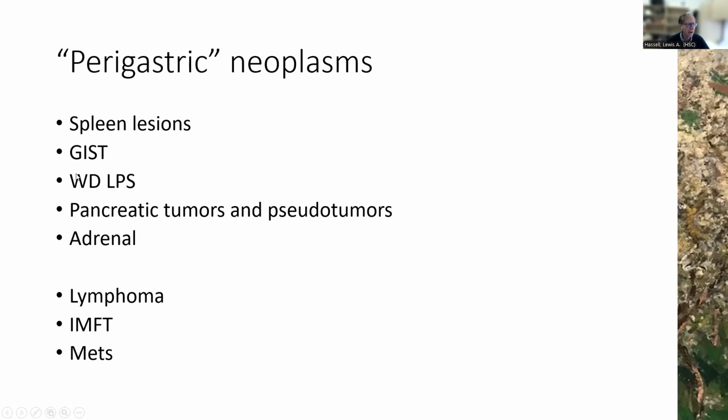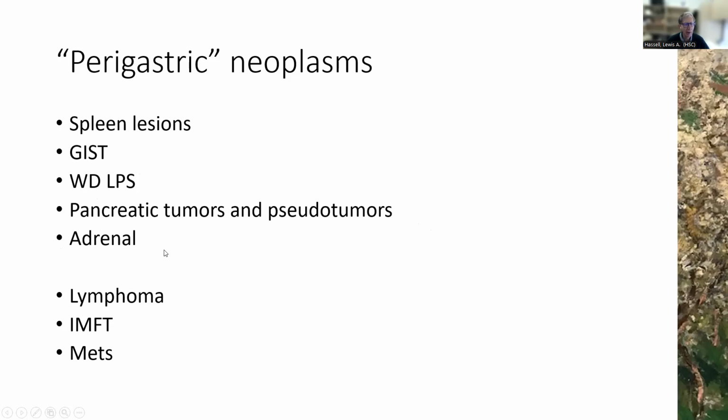We're also close enough to the retroperitoneum that the possibility of a liposarcoma, the well-differentiated variety, could be presenting in this type of location. Pancreatic tumors, although often easily localized using modern scanning techniques, can occasionally become a bit obscure when the connection to the pancreas is less obvious. And that applies for some of the pseudotumors, inflammatory lesions that can go along with that.